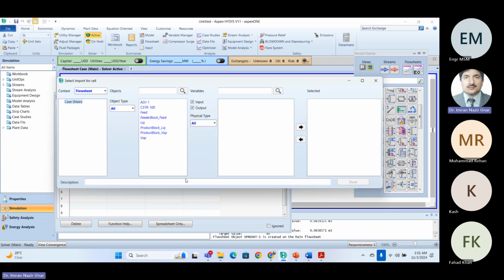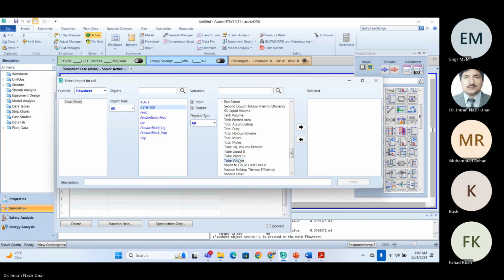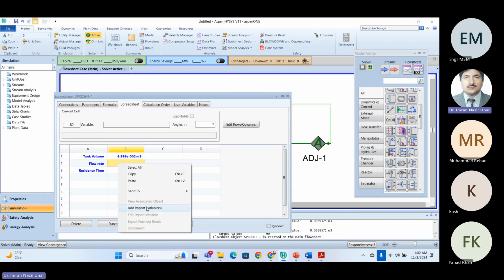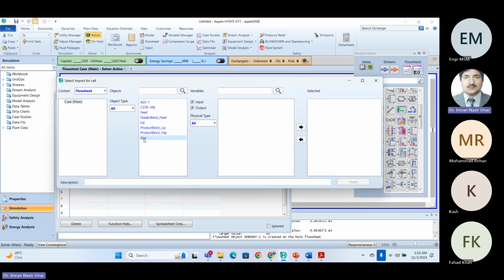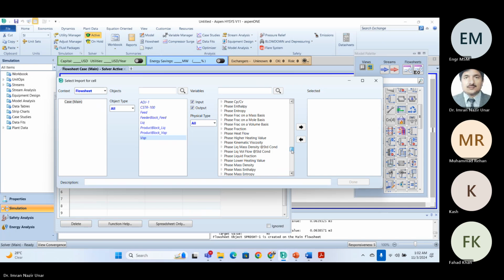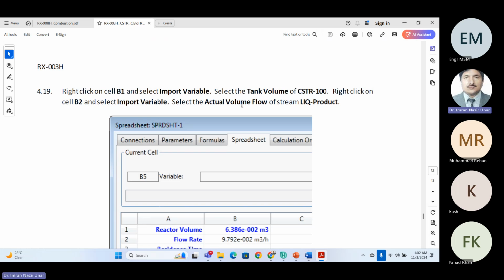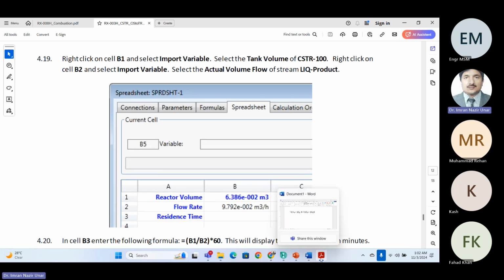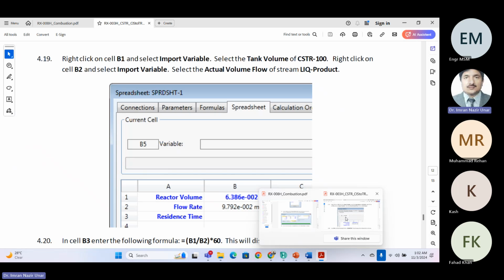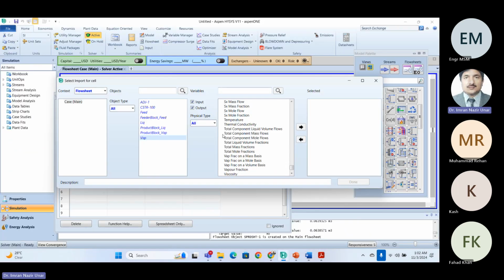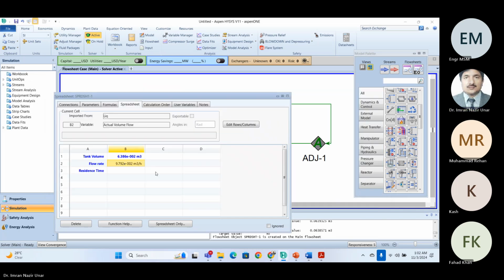इसका हमने कहा कि एड इम्पोर्ट, इसमें कहेंगे कि CSTR का टैंक वॉल्यूम आ जाए, ठीक है। और फ्लो रेट आउटलेट स्ट्रीम, वेपर आउटलेट स्ट्रीम का फ्लो रेट आ जाए, वॉल्यूमेट्रिक फ्लो रेट। एक मिनट, सेलेक्ट द एक्चुअल वॉल्यूम ऑफ लिक्विड प्रोडक्ट। अच्छा, यहाँ पर लिक्विड प्रोडक्ट आ रही है, वेपर यहाँ पर 0 है, ठीक है। ओके, तो यहाँ पर लिक्विड का एक्चुअल वॉल्यूम फ्लो, वॉल्यूमेट्रिक फ्लो रेट ये आ जाएगा।